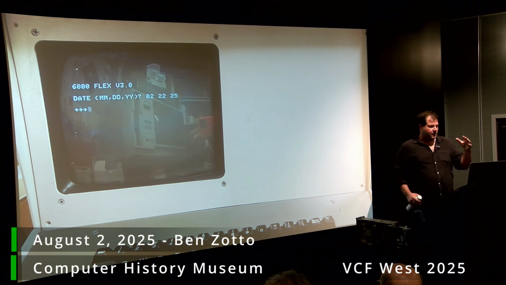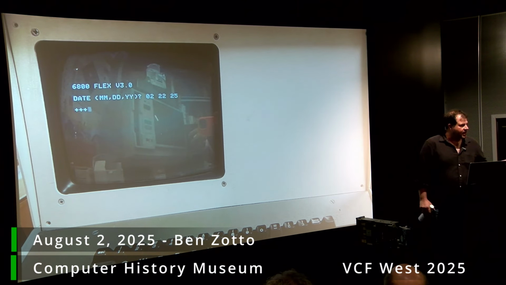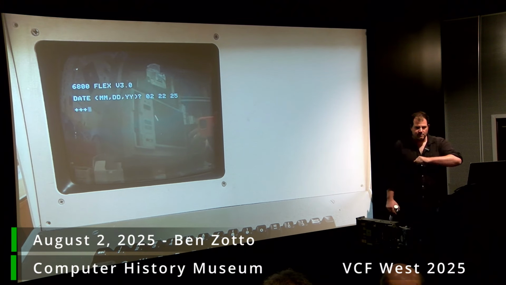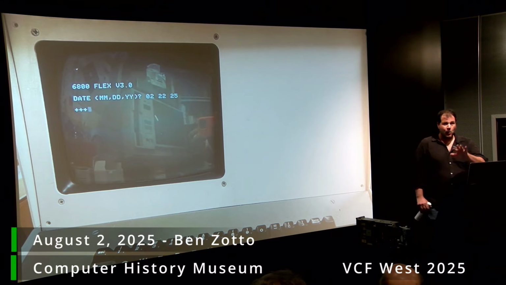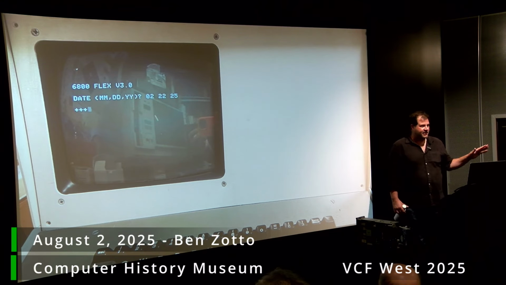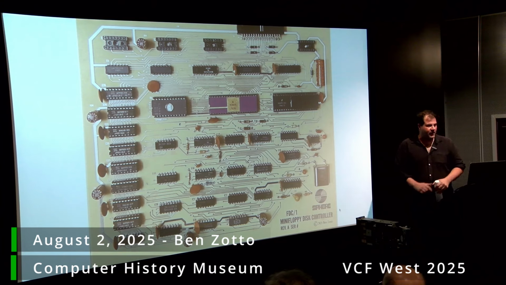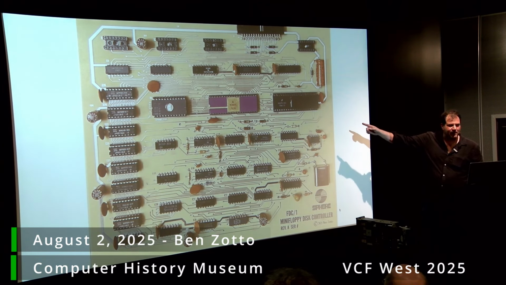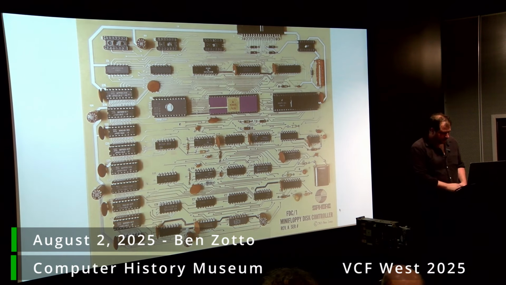With the buffered memory, I wrote a little driver for the Flex operating system, which is the 6800 standard operating system, and can boot Flex on this computer. It's a slight anachronism, but it is an anachronism. I am not the first person to have this happen. I know it happened in the sands of time in the 70s. There's evidence of it, but the way it was done was lost. Anyway, we found it again. So there's the board. There's a little boot ROM on there. We got a PIA. We have the 1771. It keeps showing up looking different, but it's all the same disk controller chip. And some memory and a bunch of other junk.